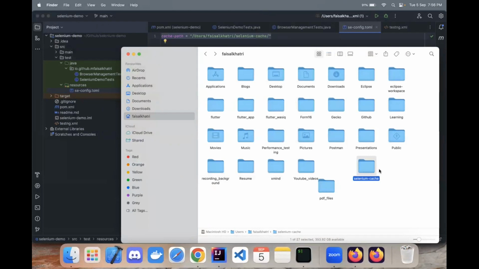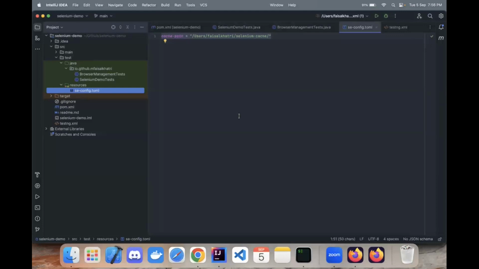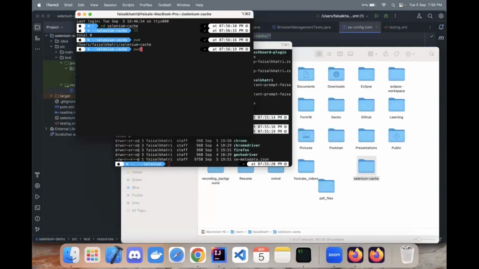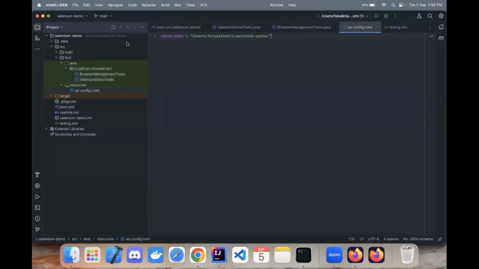So we will be providing the customized path which we generated here. We have created a new folder inside the home directory that's named selenium-cache, and I took out the path using the pwd command here. Let's just copy this and paste it in the file here. So the key value should be cache-path, and then equal to, and then we need to provide the actual path where we need to store the cache for the Selenium